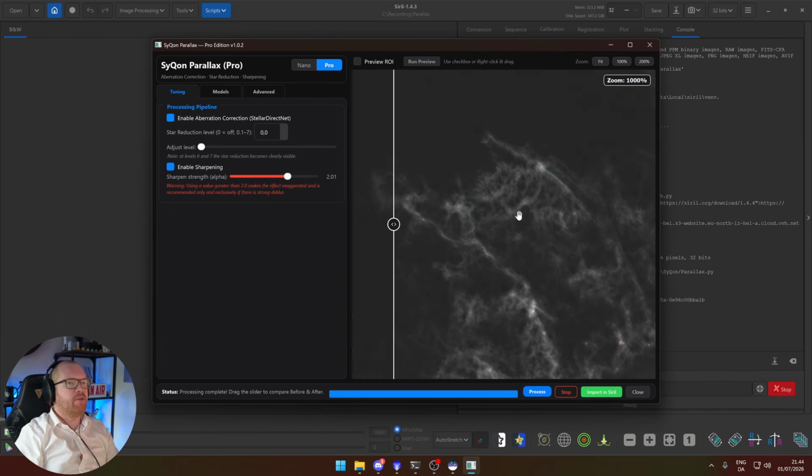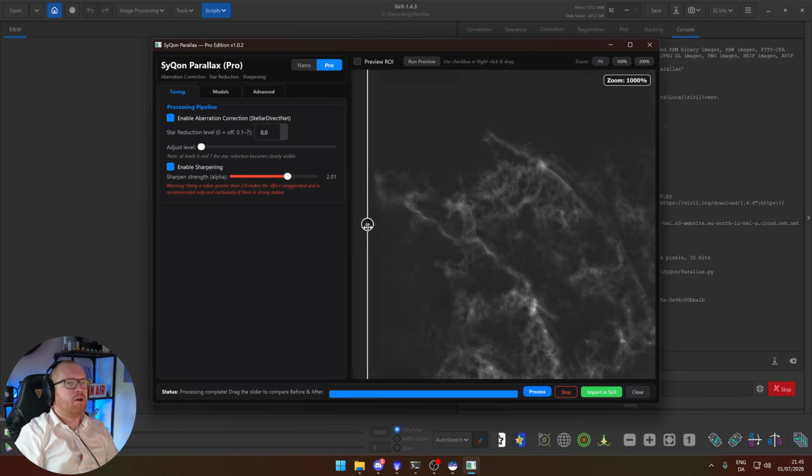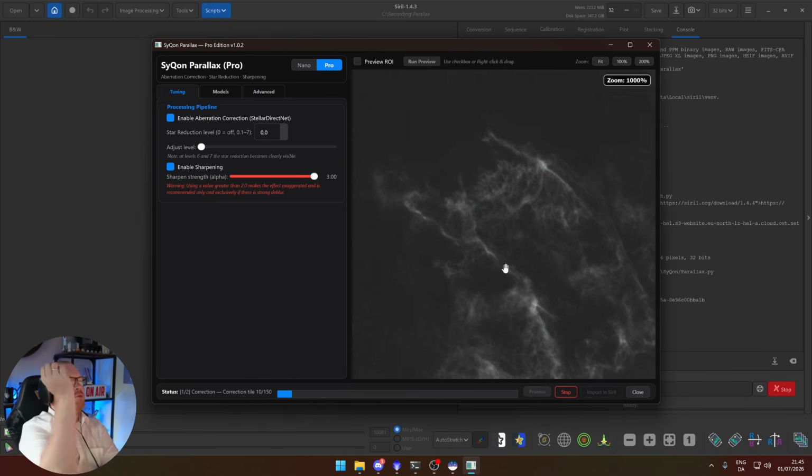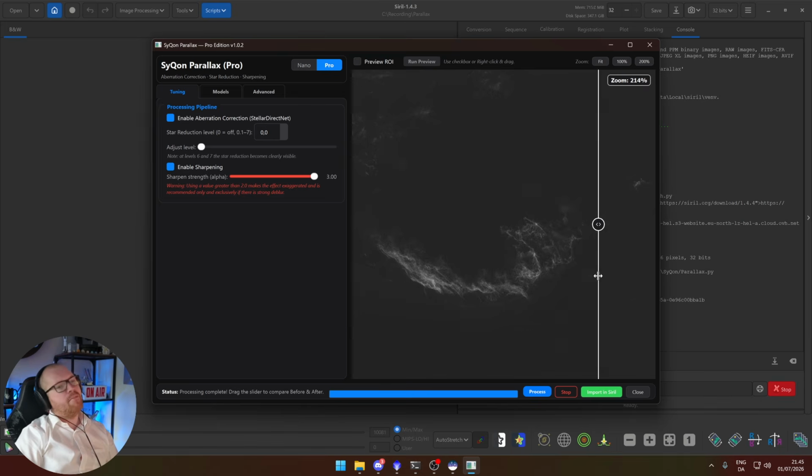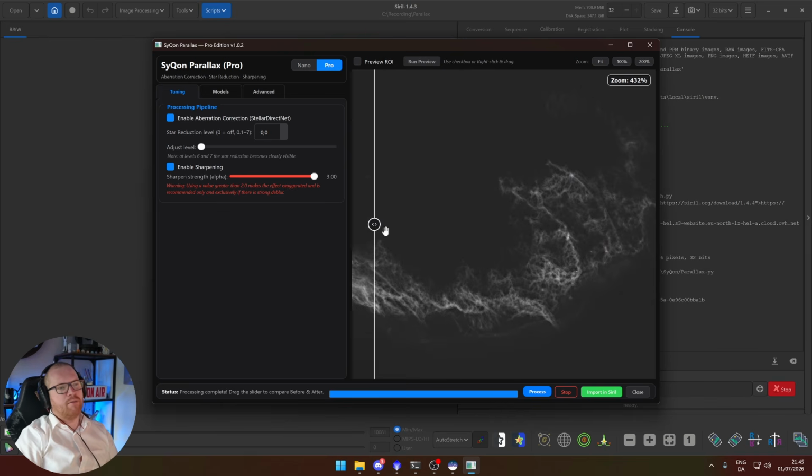So I'm just keeping the star reduction all the way down because we obviously don't want that. But now we can really crank. What happens now if we just crank the sharpening all the way up? Because I feel like one of the issues before was that when we were cranking the sharpening, it would just remove the stars altogether. It still makes a very contrasty look when I'm looking at it. Obviously, this is also probably over sharpened, but I still feel like it gives a very high contrasty look compared to what I'm used to with